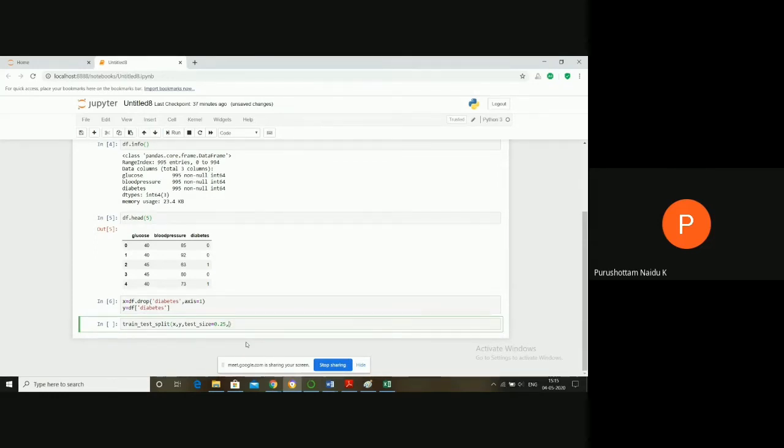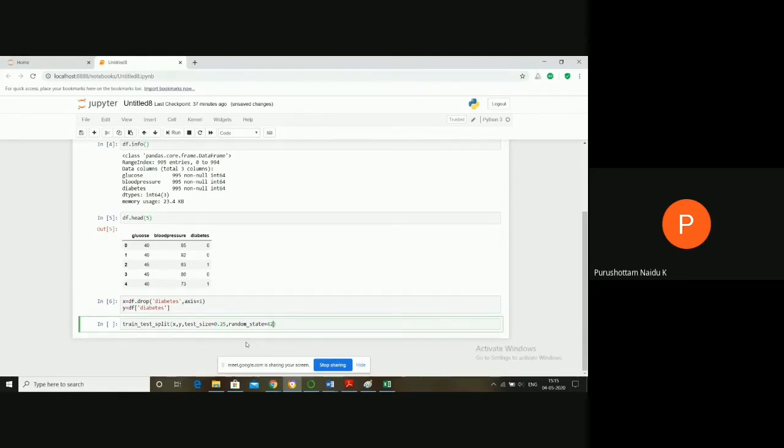Now we are using one more important parameter, random underscore state equals 42. We will discuss later what the purpose of this random underscore state is, at the end of this implementation.